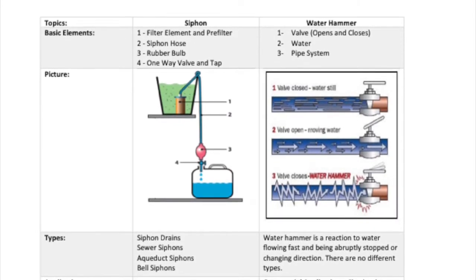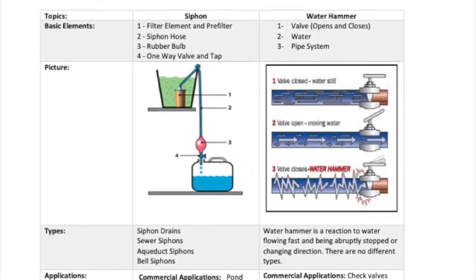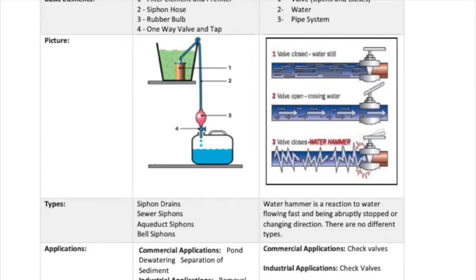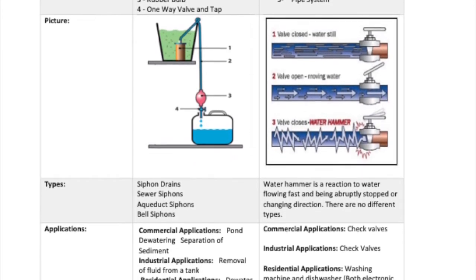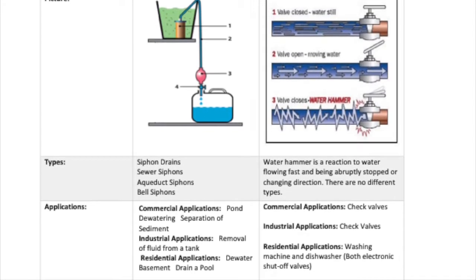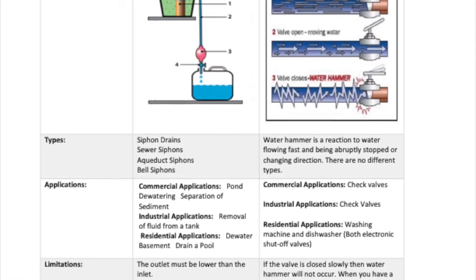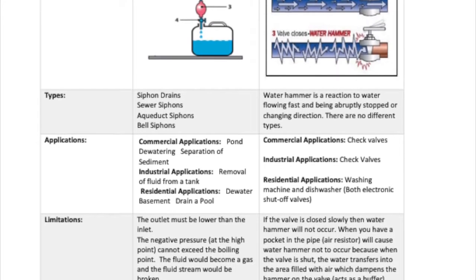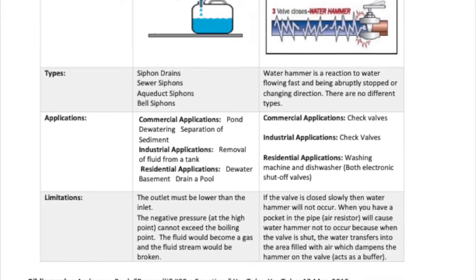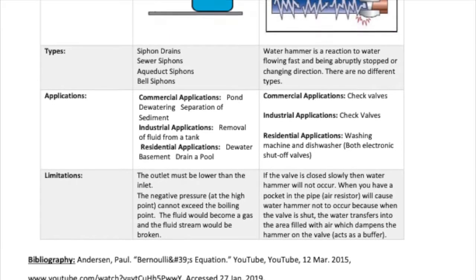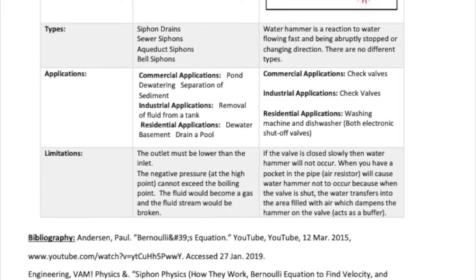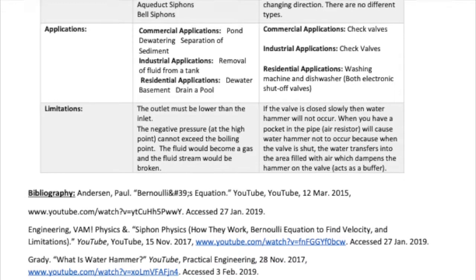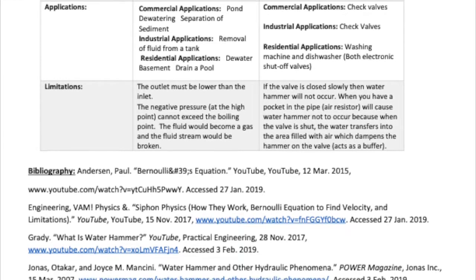Siphon. Energy is the same at all points in the siphon tube. It changes between potential energy, pressure energy, and kinetic energy. Energy type and magnitude in the siphon tube with consistent velocity: at the inlet of the siphon tube, potential energy is medium, and pressure energy is medium. At the high point of the siphon tube, potential energy is high, and pressure energy is low. At the outlet of the siphon tube, potential energy is low,